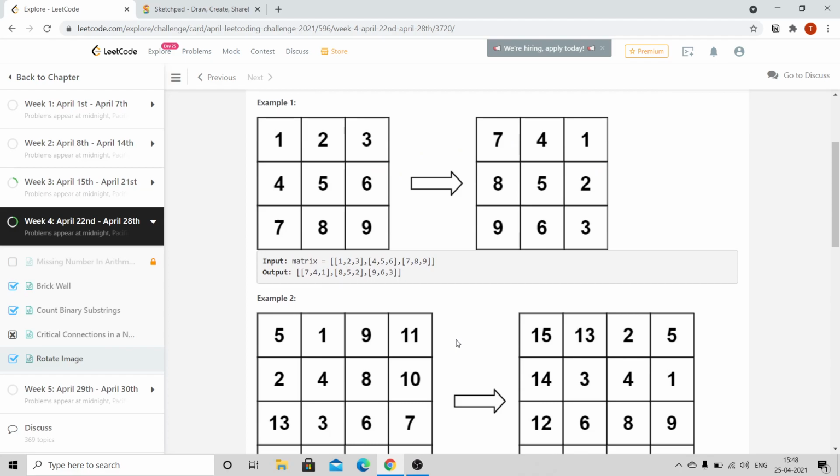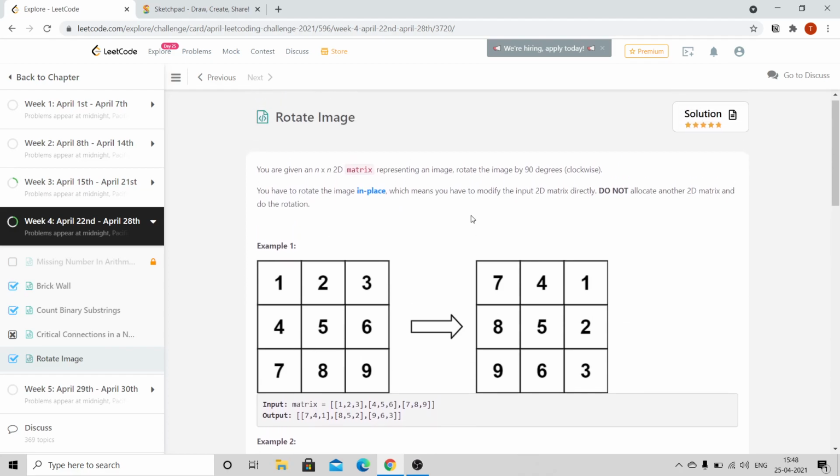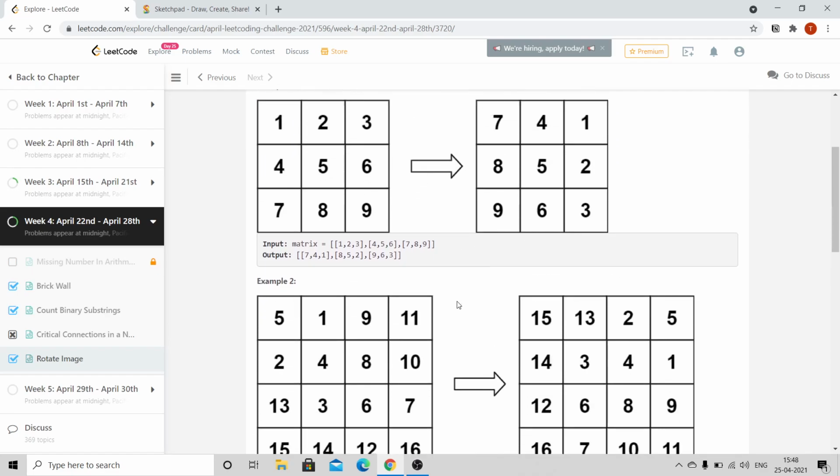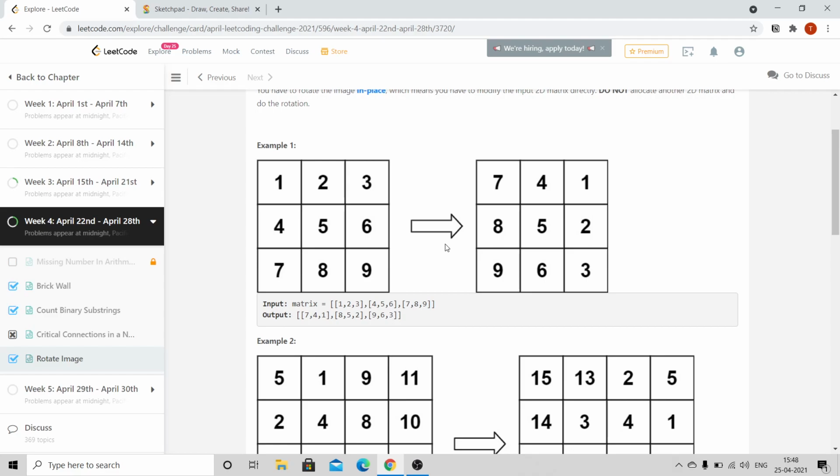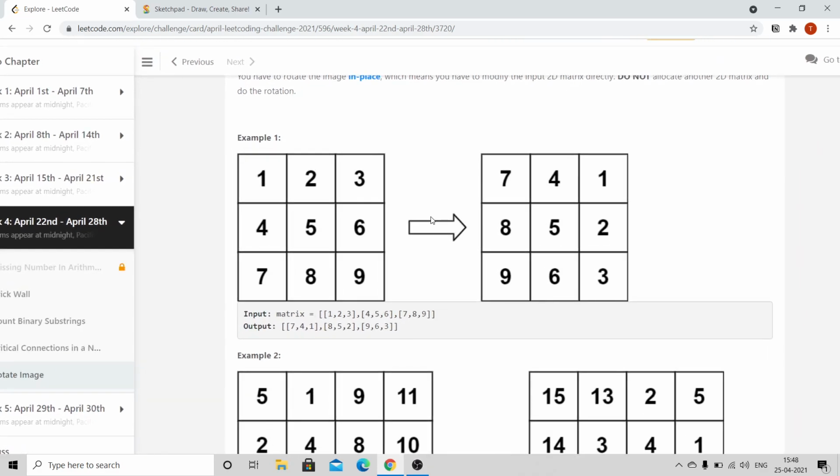So we can just print out the elements, but as they have asked us to do it without using a 2D matrix, we'll do that. So the first thing that has to come to your mind is that now I am not using a 2D matrix, but I need to change the elements internally.